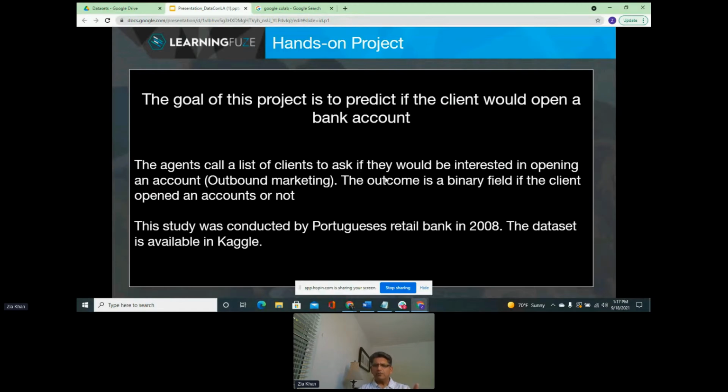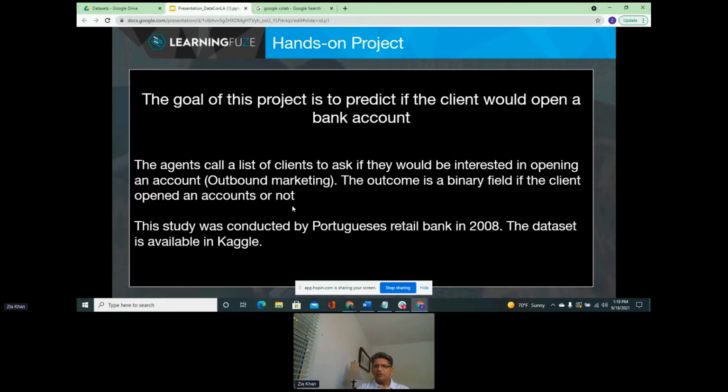To approach this kind of business scenario, and this is just an example for a bank, this could be any other organization. It could be a wireless provider. It could be a telecom company. It could be a healthcare organization. It could be any of those fields because everybody needs sales, and everybody has an outbound marketing team that does the outbound outreach to prospects.